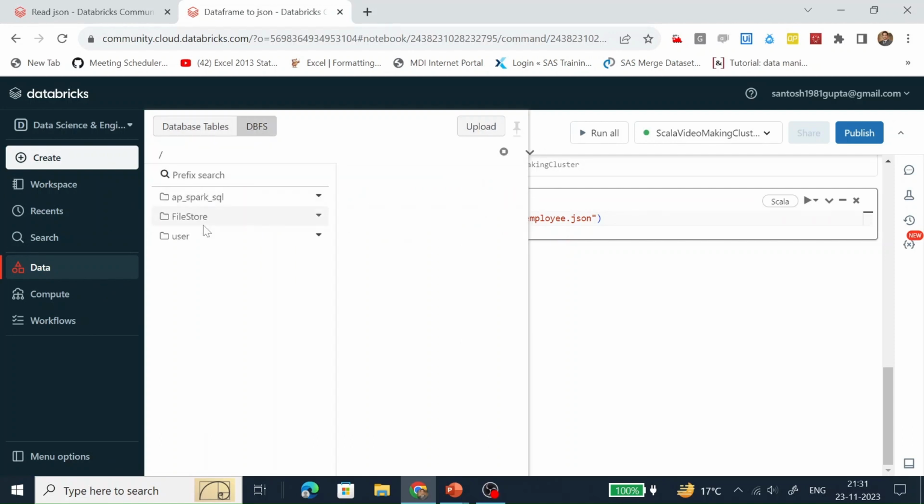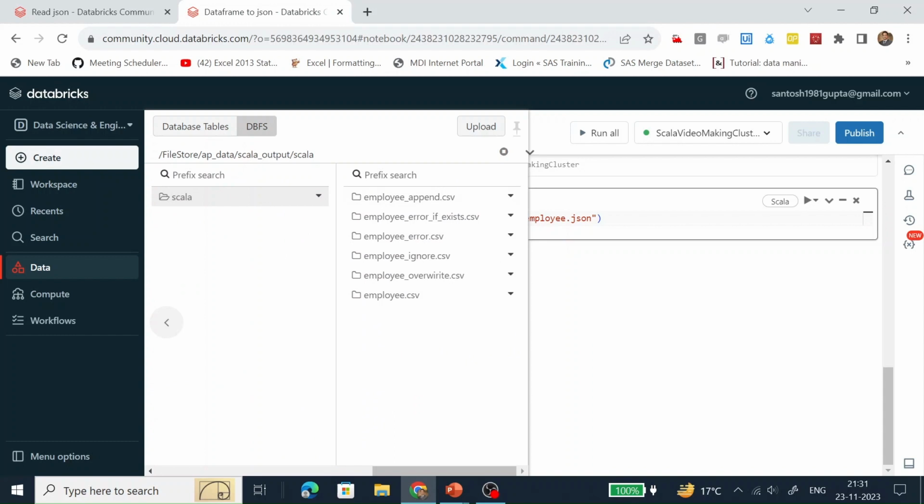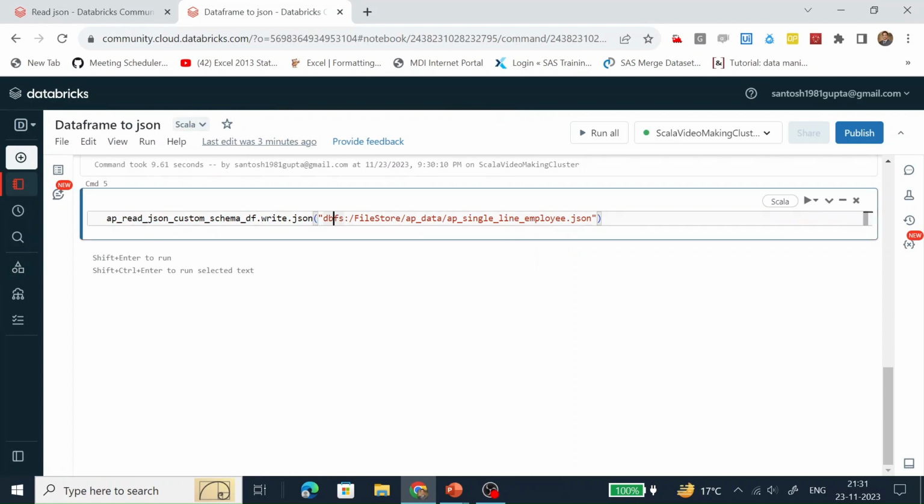So the path would be FileStore, Scala. I have just copied the path. This is the path: FileStore, AP data, Scala, output, then Scala, and this is the JSON document in which we are going to write the data which is present in this data frame.